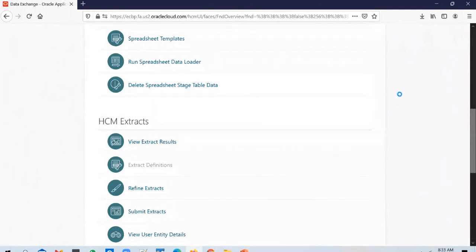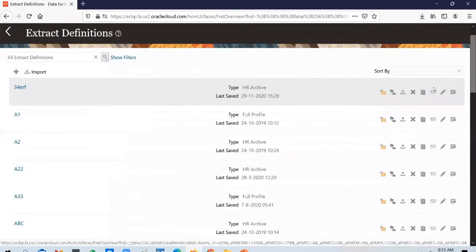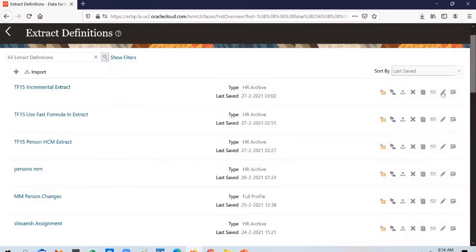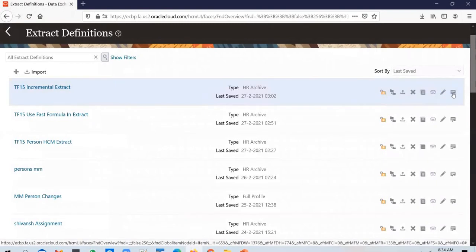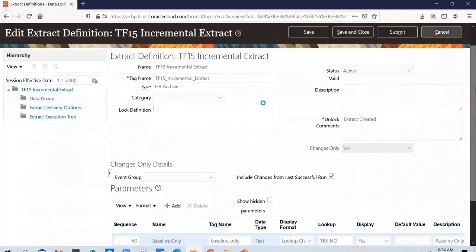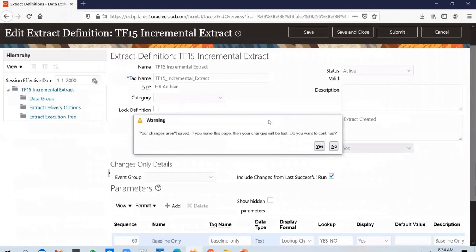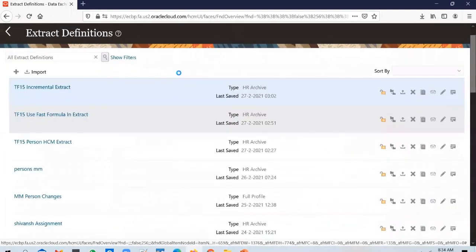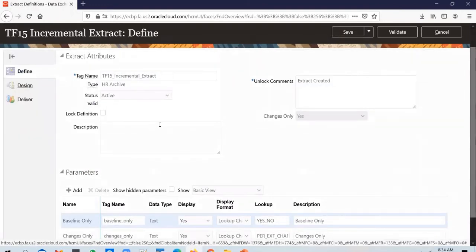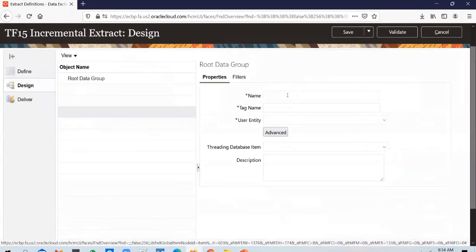Not sure if the extract is saved or not. Yeah, it is saved. Okay. No need to do an advanced edit. Normal edit would be fine. So you click on it, that will open up the extract, and you go to the design tab and start building the extract.